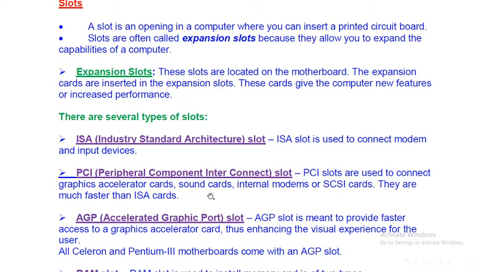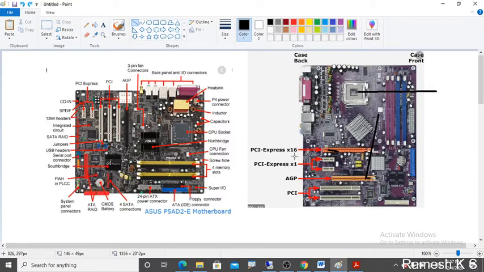Now see, you can observe this. These are PCI ports. In these we insert sound cards, such as digital DTS sound or some effective sound, if we require it. Now this is PCI Express.